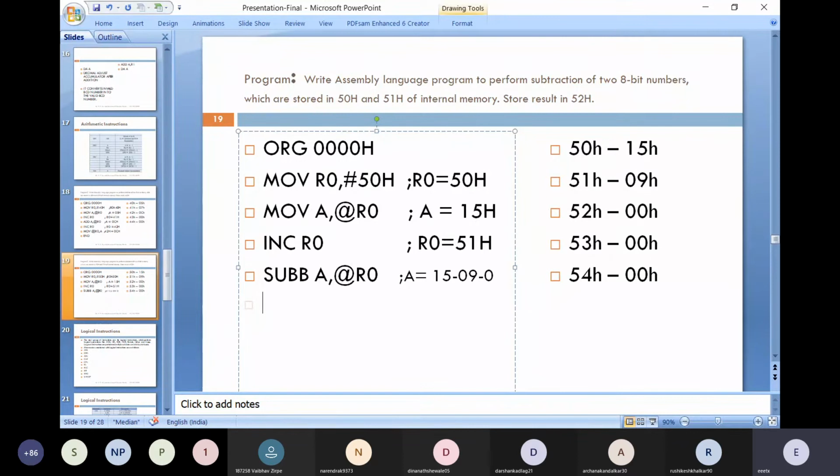And after getting this result into the accumulator, what is the next task? Simply, we have to store this result into 52H. For that, you will have to again increment your memory pointer, so INC R0, it will be R0 equal to 52H.